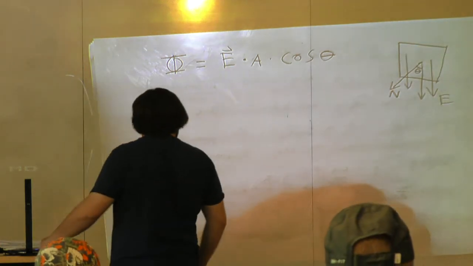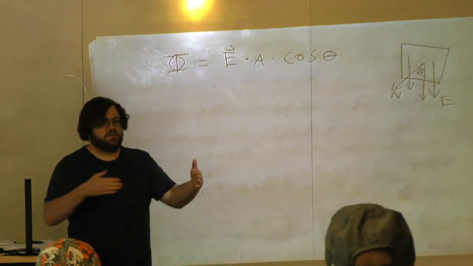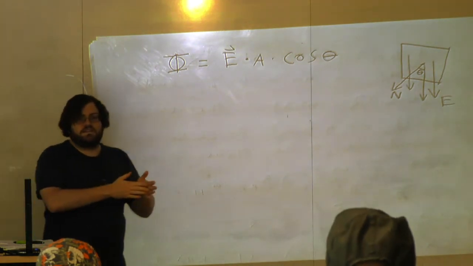Okay? So if the field is not going straight through the surface, the flux is actually going to be smaller